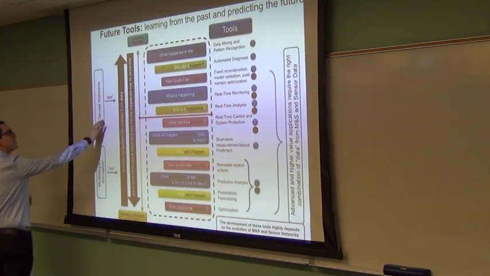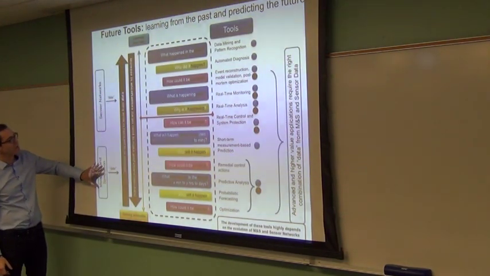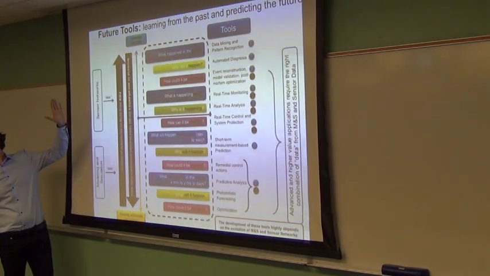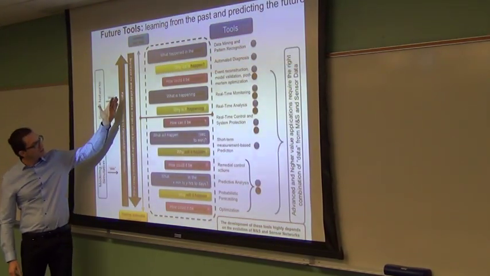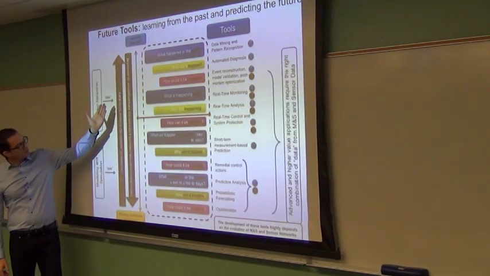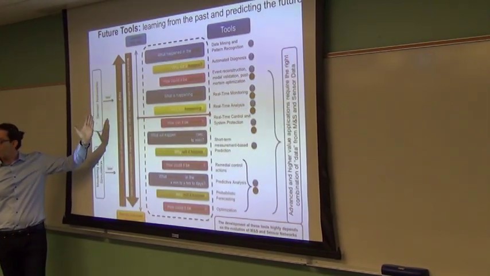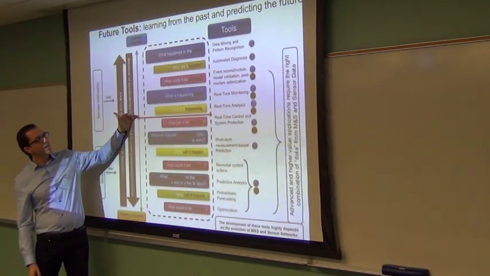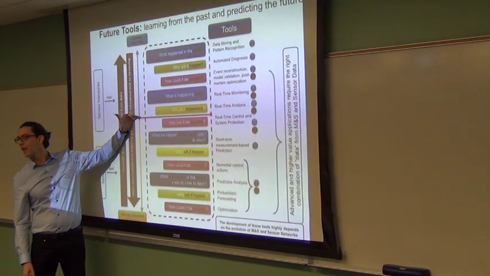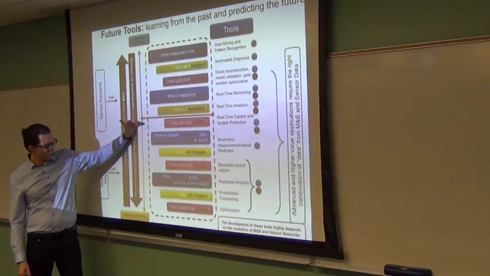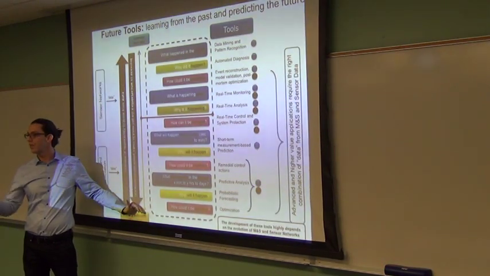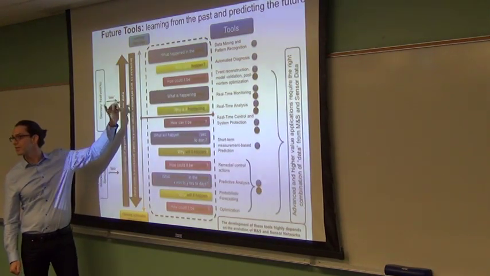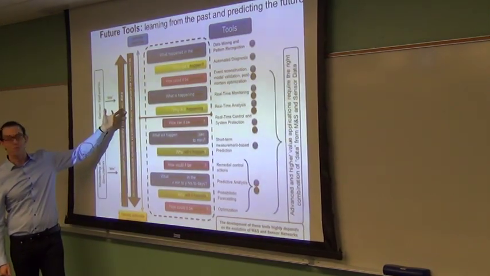So here you have sensor network data, here you have model and simulation data. In this direction is what you can learn from the past, when you can learn from data. And this direction is, as uncertainties increase, you need to be able to predict things, okay? And what is happening at this moment is what we call real-time analysis. Whatever happens from this point is what you're trying to predict to take decisions in the future. Whatever you're doing in this direction is that you're trying to learn from the past. And this is constantly moving if you think about it, right?